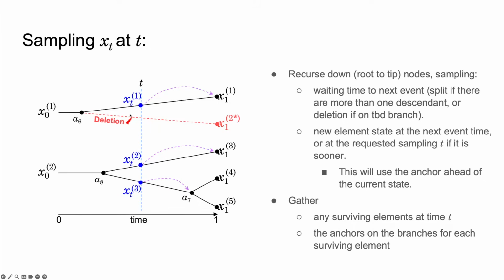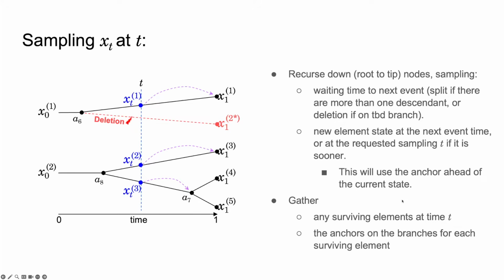So if you're sampling XT, you recurse down, and if the next event was ahead of this T, you only sample the next state up until that T. And if a state gets deleted, it gets removed from the list. And you also collect for every element what the anchor was ahead of it. So for this element, the anchor would be the actual X1 element ahead. But for this element XT3, the anchor is this A7, which is going to be something like the average of these two. And those anchors that you collect, one for every element in your XT state, become the training targets in your losses. So when you're learning